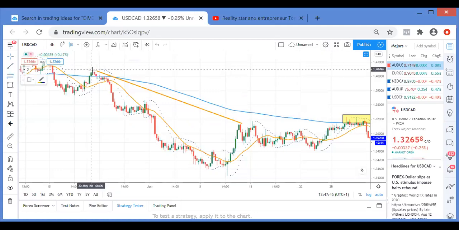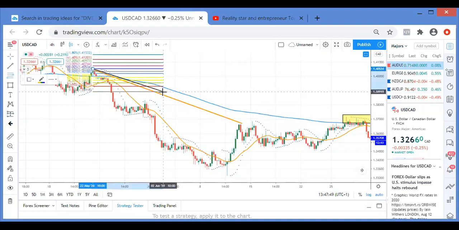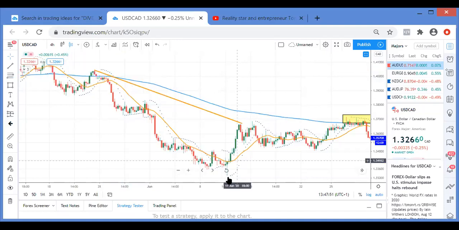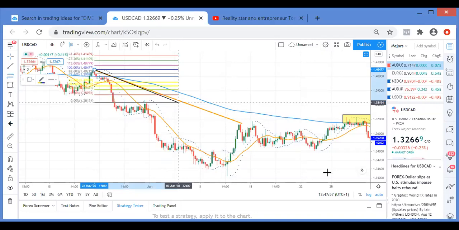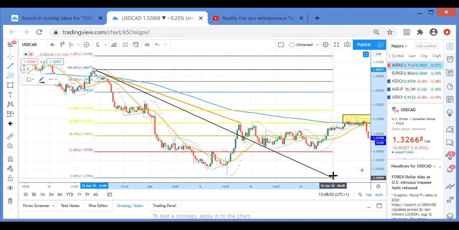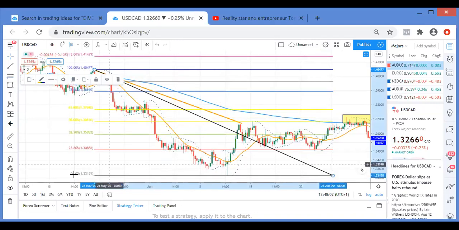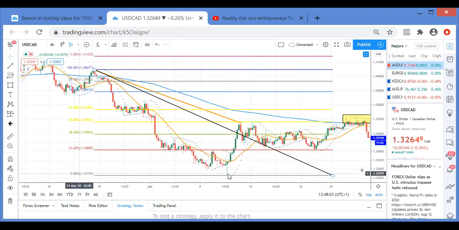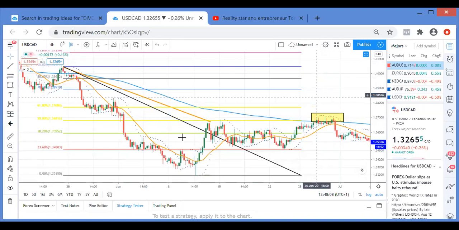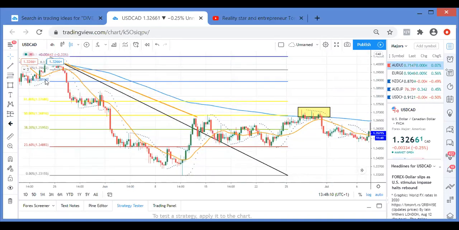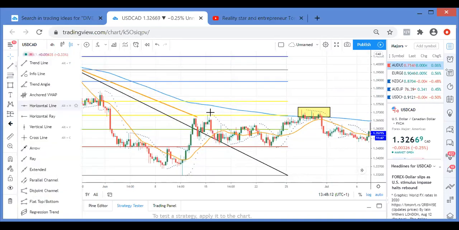Now look. Fibonacci from this point down to the lowest point. Where's the lowest point? Here, this wick. So we go from the highest point to the lowest point, and we drag it across. So look, my 0 line is on the lowest point. And can you see how here, wow, it touched the 50? So look, 50.